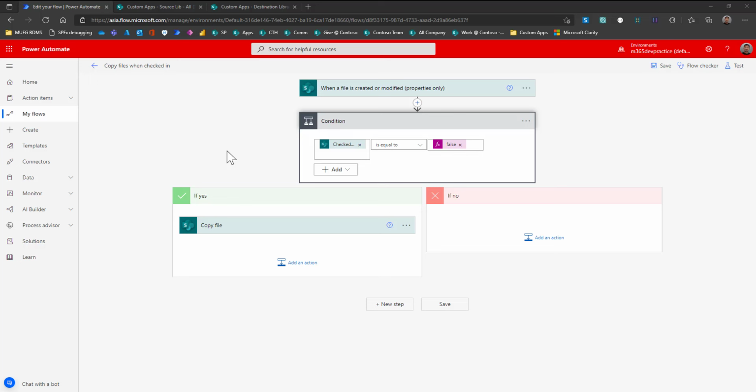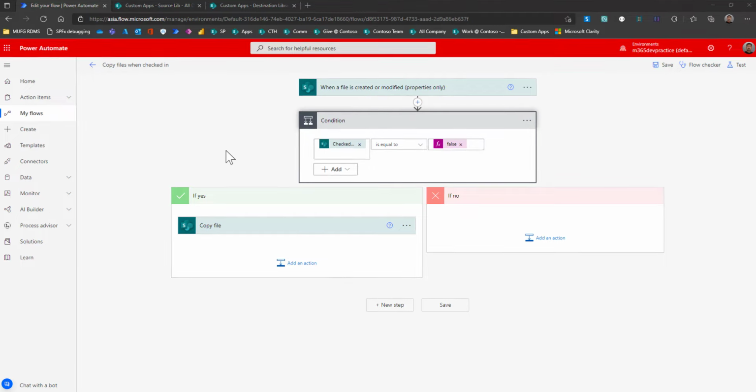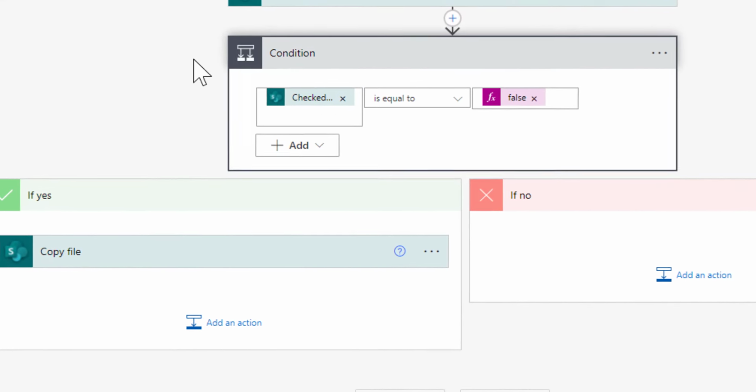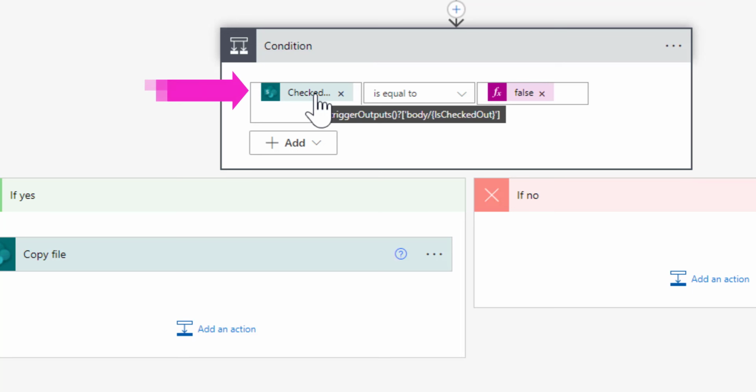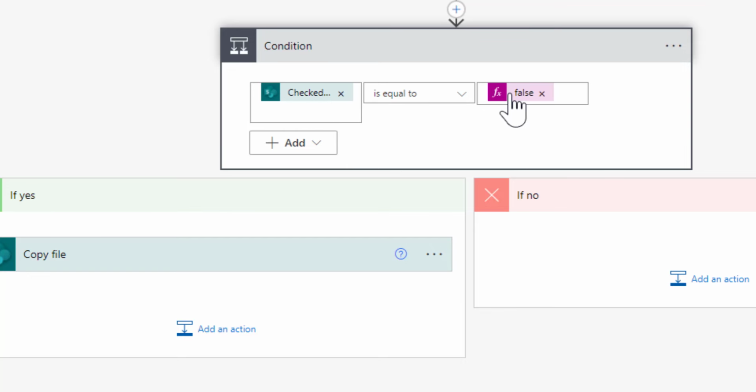To avoid that, we need to check the property whether it is already checked out or not. If it is not checked out, then we should be able to copy the file. So I have changed the flow to include one condition where I am checking whether the is checked out property is false or not.